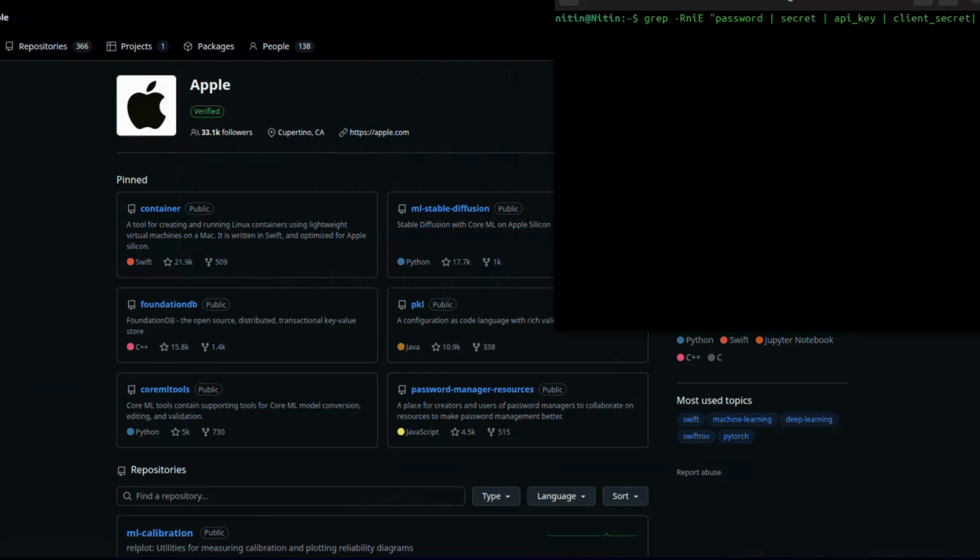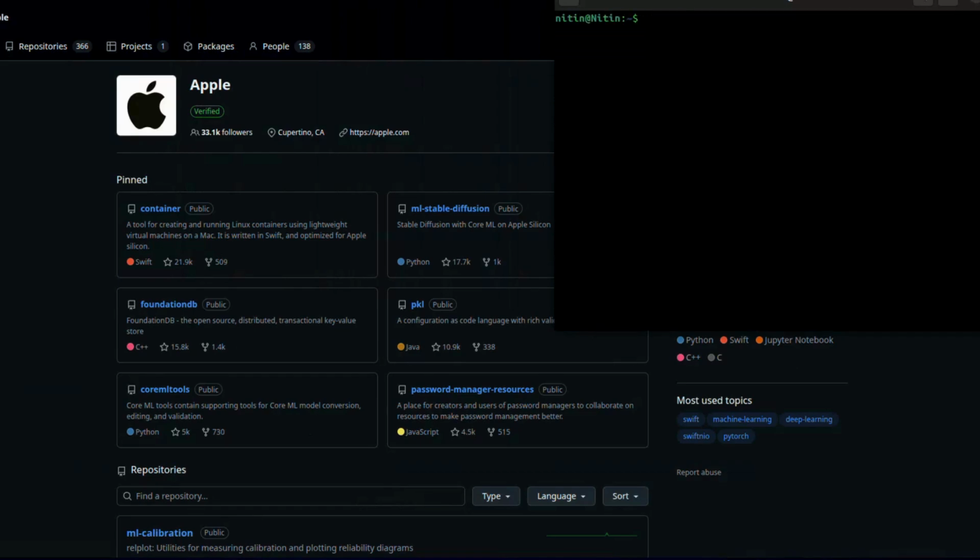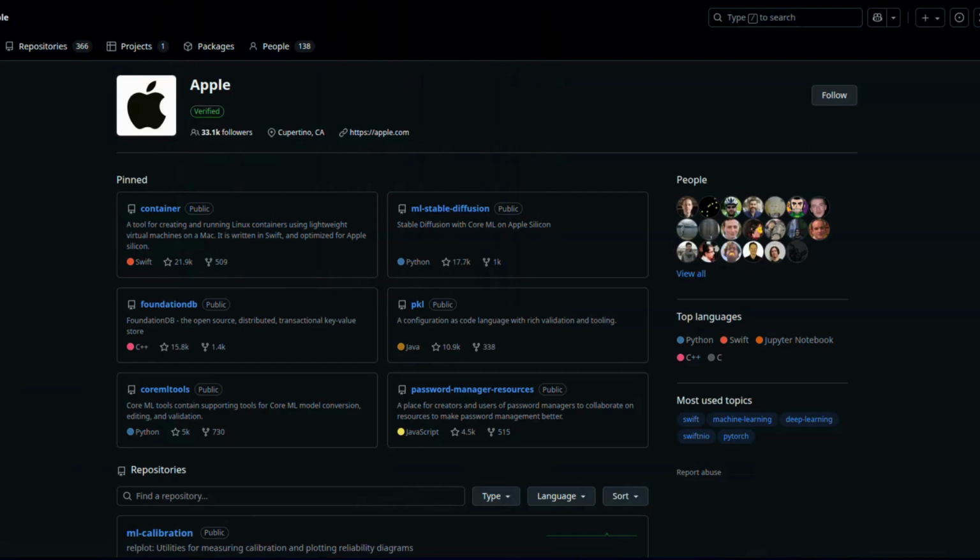Okay, so you can do this and grep it. Okay, wait, I have found many things because I'm in my home directory and it may have many things.